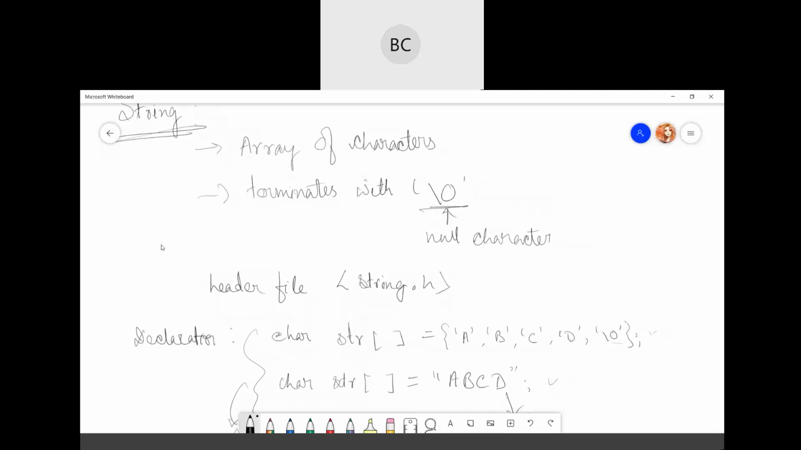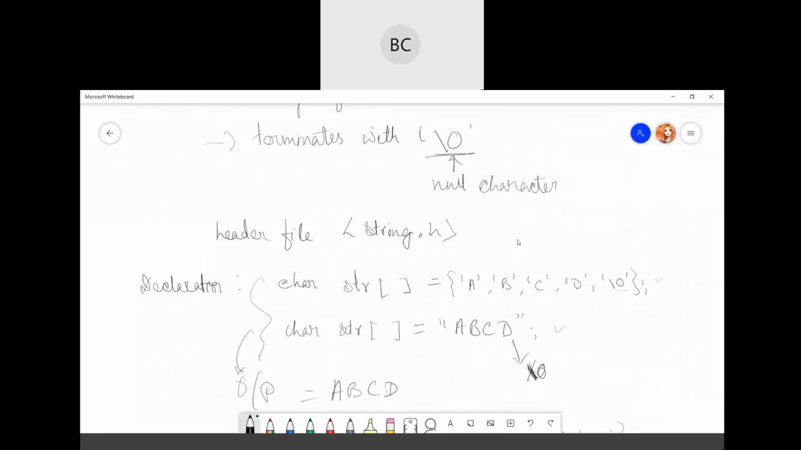Okay, so whenever you want to do any string operations, remember to include the string.h header file. Okay, there are lots of functions involved for strings, like you can combine two strings, you can reverse a string, you can copy one string to another string and all. So for all these string operations, there are different functions. Okay, so to use those functions, you need to include